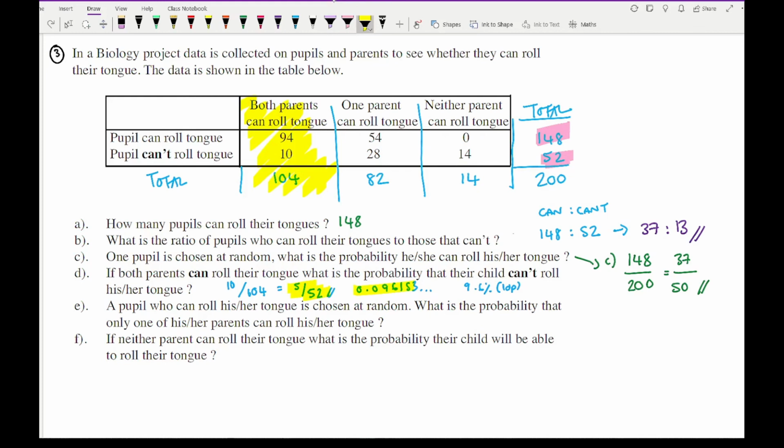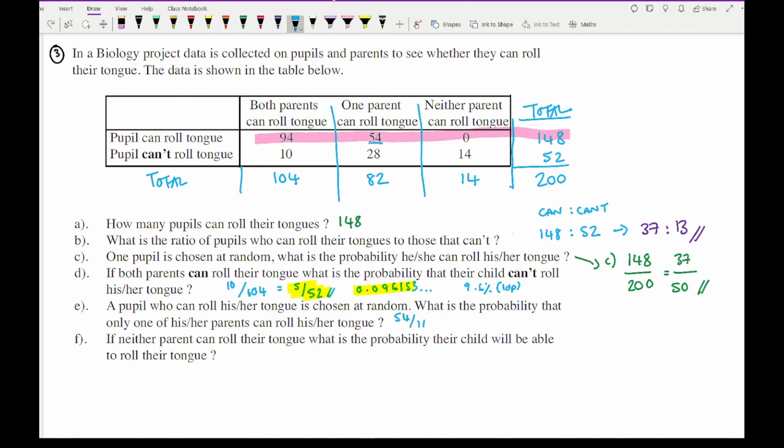Now for part E, it then says that a pupil who can roll their tongue is chosen at random. So if I just get rid of that highlighting in the table, so get rid of this yellow. So it says here we're looking at the group that can roll their tongue. So I'm looking at this group here, pupils that can roll their tongue, so I'm looking at these 148 students. And it says, what is the probability that only one of their parents can roll their tongue? So here it's looking at 54